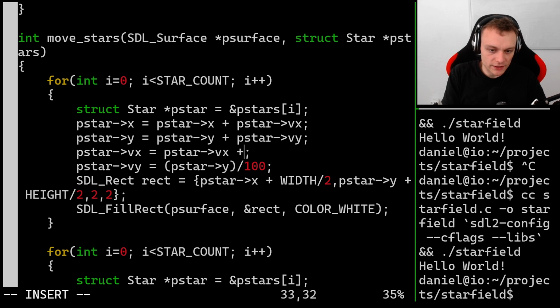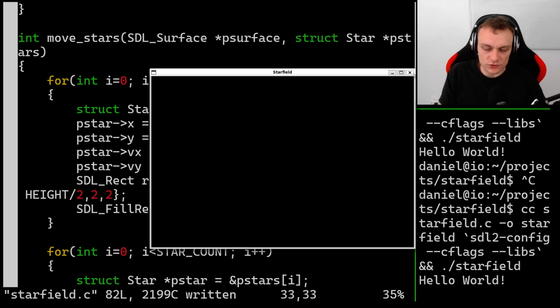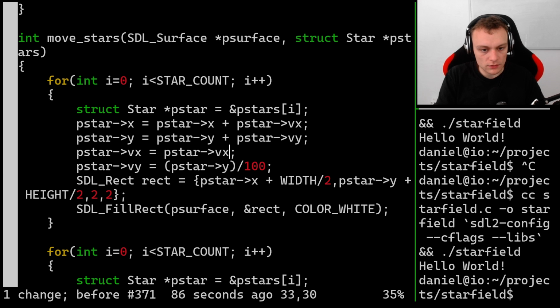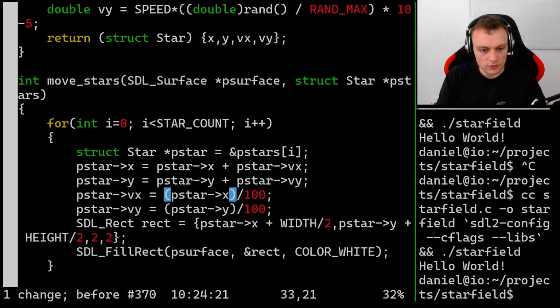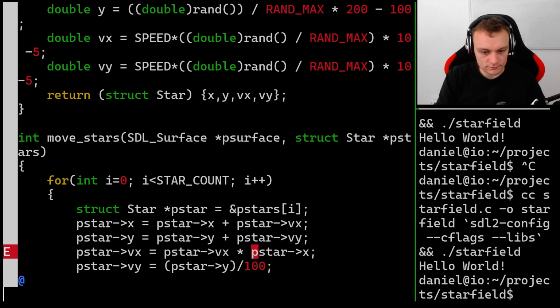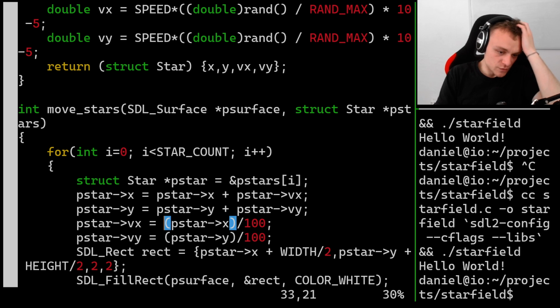P star x plus 1. What was that? Okay, no, the speed being proportional to the pixel position is fine, but still I would like to have